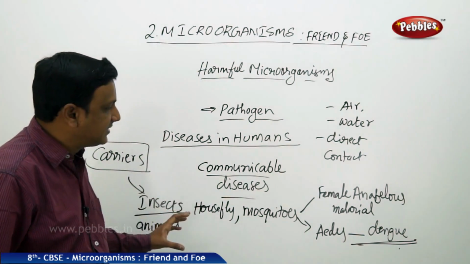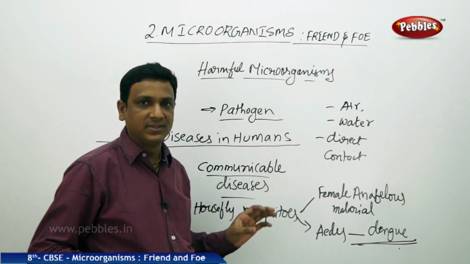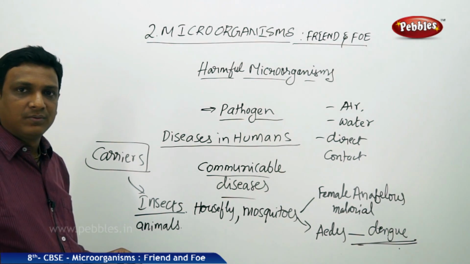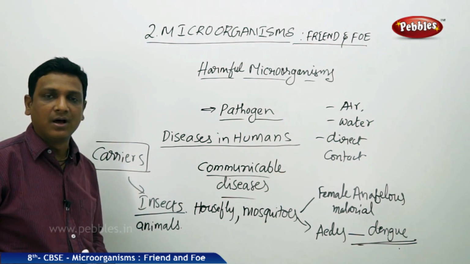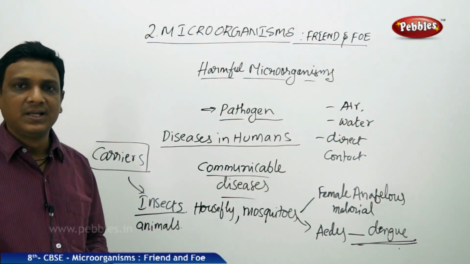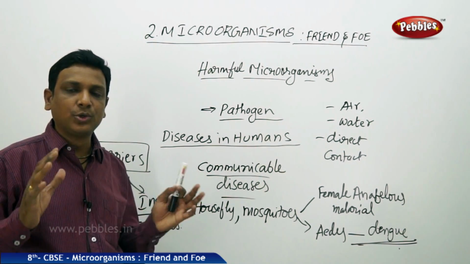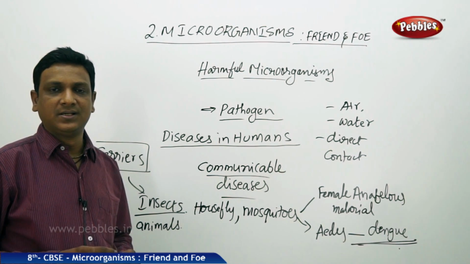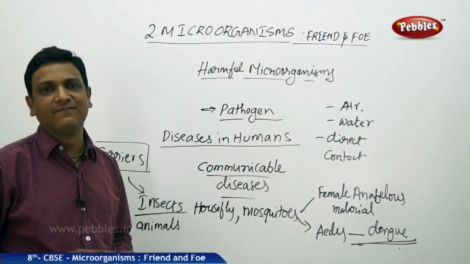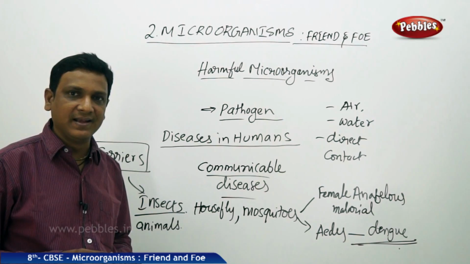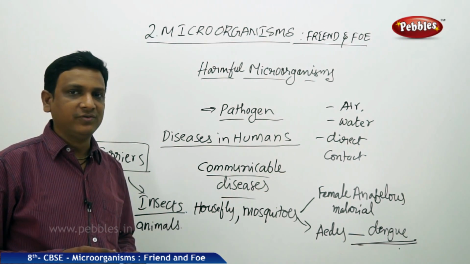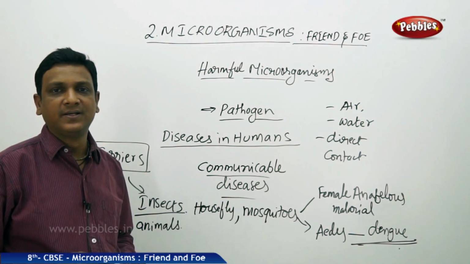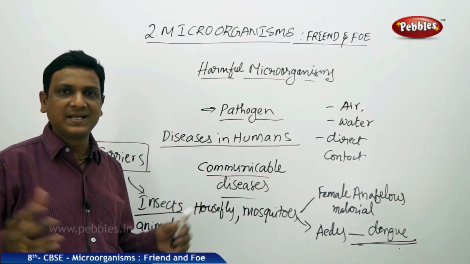So to control these diseases like malaria and dengue, what can we do? We have to control the carriers. How can we control the carriers? We have to control the mosquitoes. It is a very big challenge to mankind. There are so many things invented to control mosquitoes, but still every day you will be having 2 to 3 stings of mosquitoes. Even though you go for a repellent, a mosquito mat,